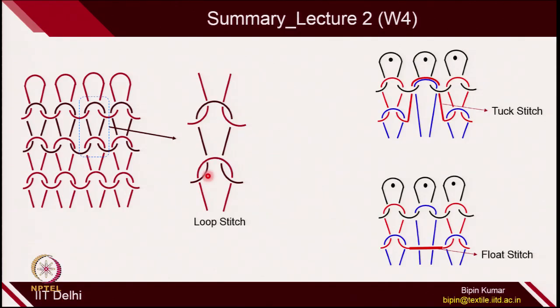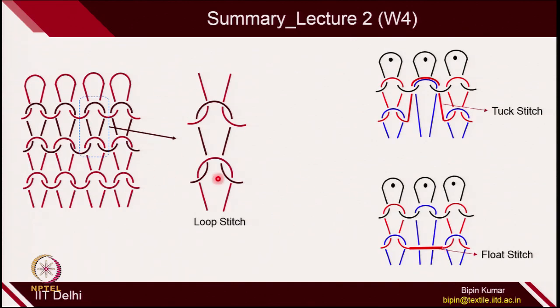So, just a quick revision of the stitches we learned in the last class. In knitting you can control the number of intermeshing points. Especially in the case of loop stitches, you need 3 needle loops where you can create 4 intermeshing points. In tuck stitches you can see 2 intermeshing points are missing in the loop. Because of that the fabric behaves differently and the width of the fabric increases. In the case of float, the entire loop by that particular needle is not intermeshing with the bottom loops.